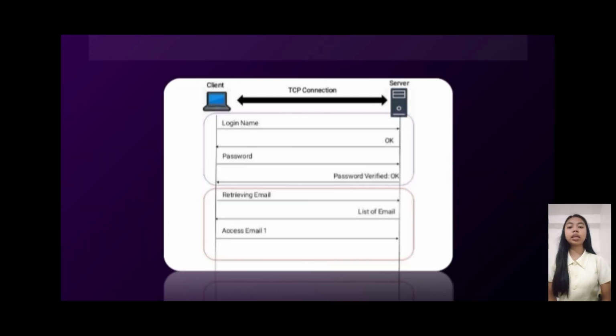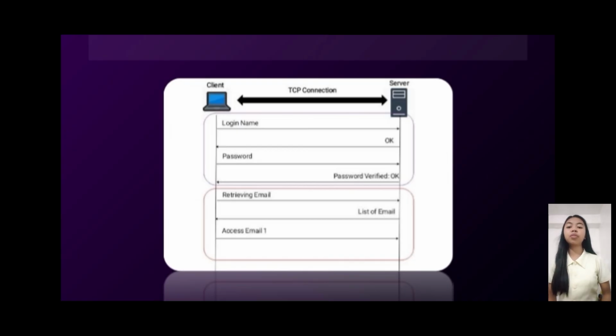So in this diagram, TCP connection is established between the client and the server. After the TCP connection, POP3 performs three phases, which are the authorization, transaction, and update. After the TCP connection is established between the client and the server, client will log in to the server, and for the login process, client will provide the username to the server.